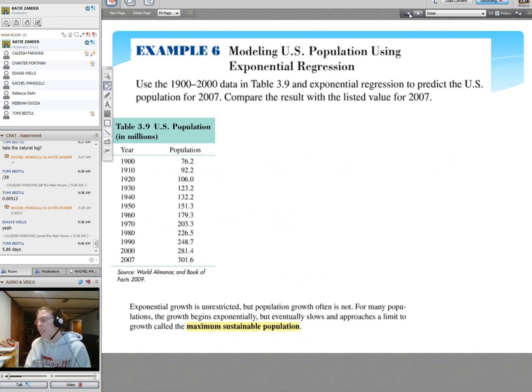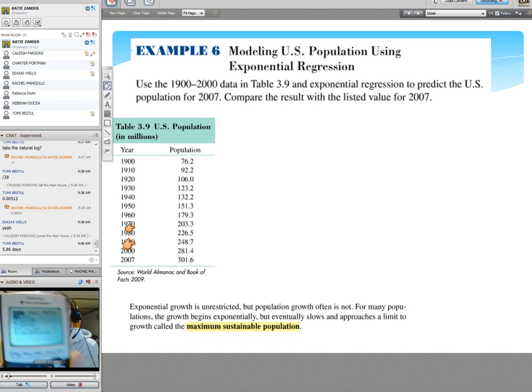All right, let's backtrack to this population one, and I hope my calculator is going to hold out here because of the battery situation that's going on. We can actually find exponential regression using a graphing calculator. So if they just give you some data here, you can go ahead and figure out what the equation or that population model is going to be for the data using your calculator. So the first thing we have to do is put the lists in for the calculator to have the data, right? So to do that, remember we go,